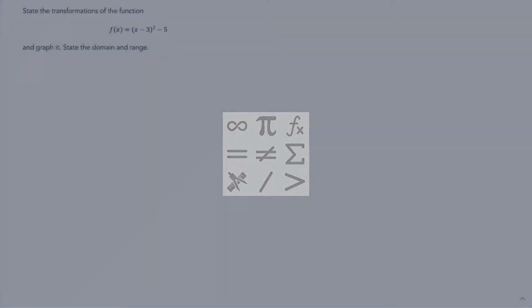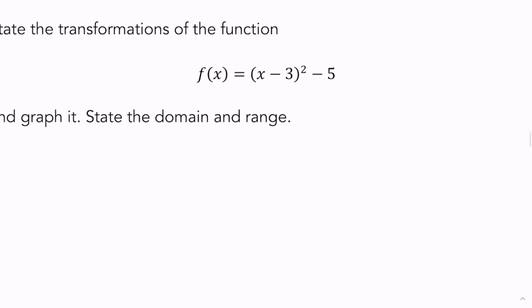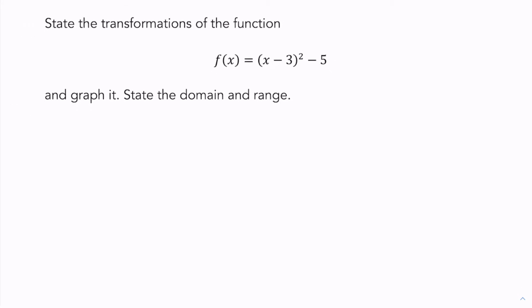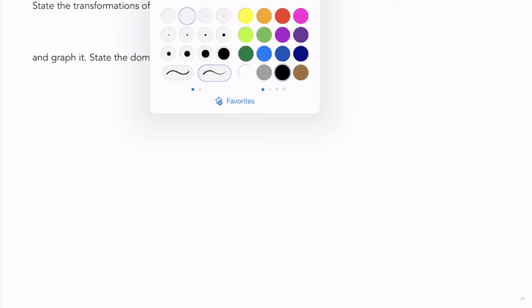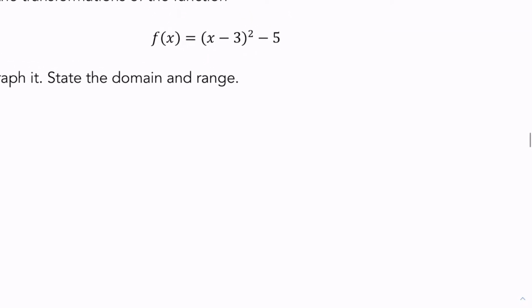So we're looking at this function here, f of x equals (x minus 3) squared minus 5, and we want to graph it and as well state the transformations of the function. So let's begin by stating the transformations. The most obvious ones, well, there's only two going on here really, this one over here and